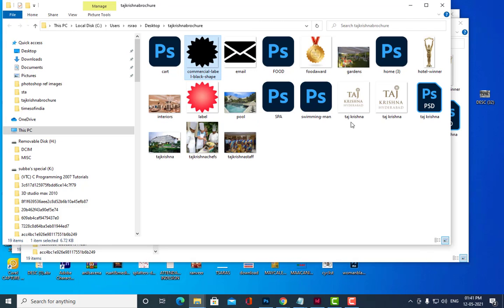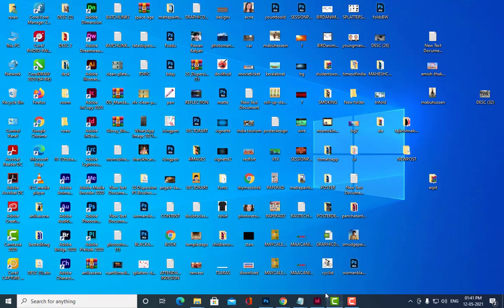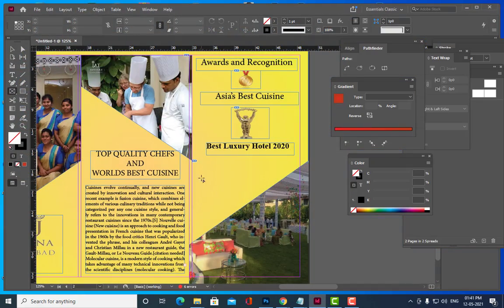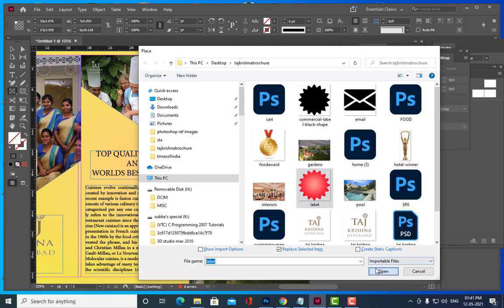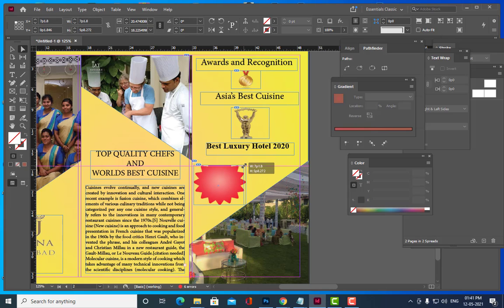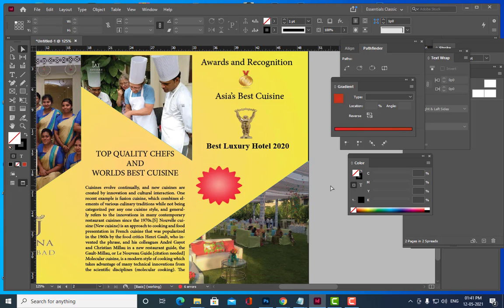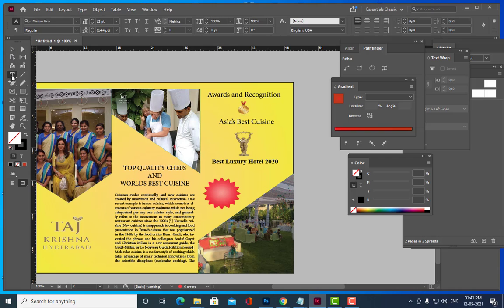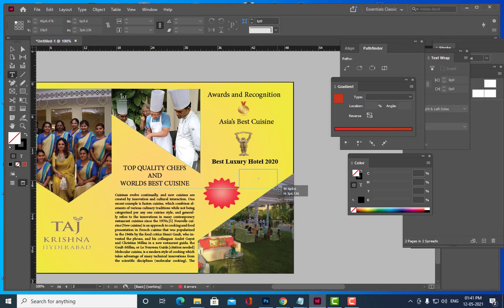Okay, and then we'll come back to the design. Fill frame proportionally. So we'll just use this. Is it clear, all of you? Yes, sir. Okay, so now we'll just type one matter here.